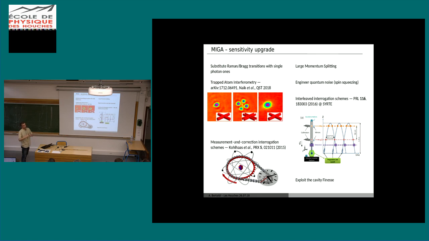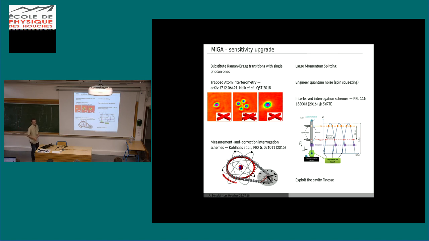We are working to increase interrogation time by using trap configurations or repeated coherent interrogation of quantum states. We are working to boost the sensitivity with large momentum splitting or spin squeezing. Colleagues at CERT are working to make it interleaved, so launching several, like Alberto did this morning, so juggling atoms